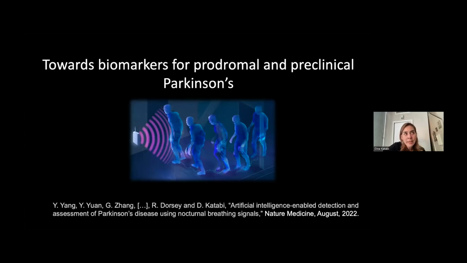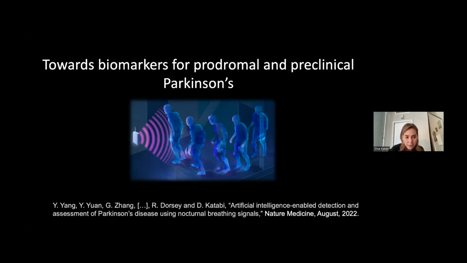I want to end with talking about biomarkers, and particularly biomarkers in neurological diseases, where our interest is really to be able to detect these diseases very early on. So if you think about diseases like Alzheimer's and Parkinson's, we typically detect the disease almost a decade after the onset of the disease in the brain. And that actually is very limiting in our ability of treating the disease and developing drugs for the disease.